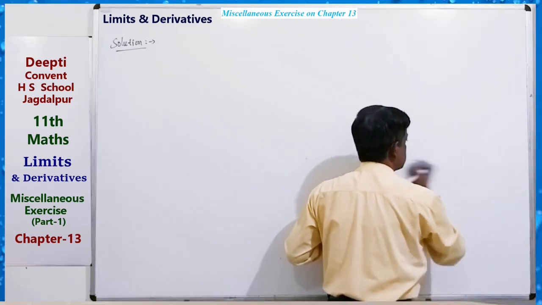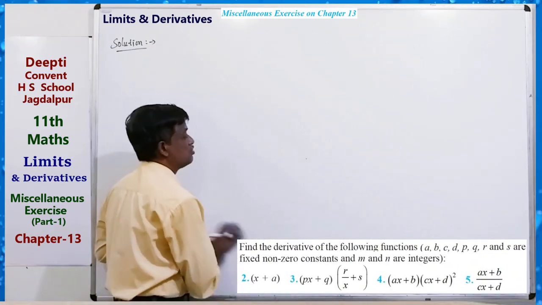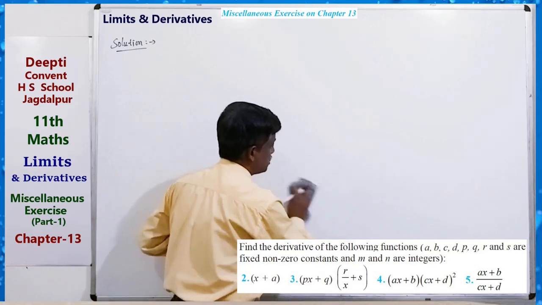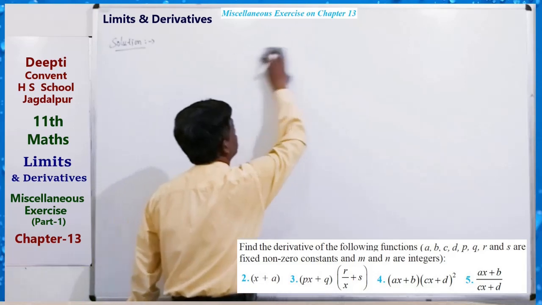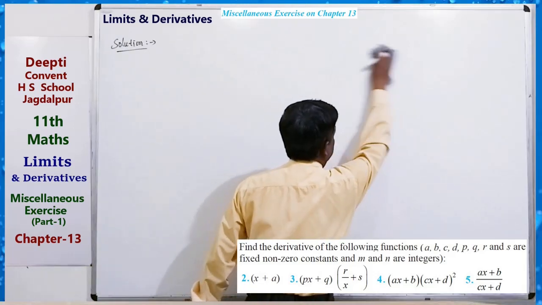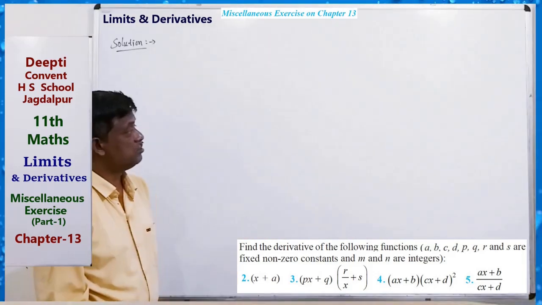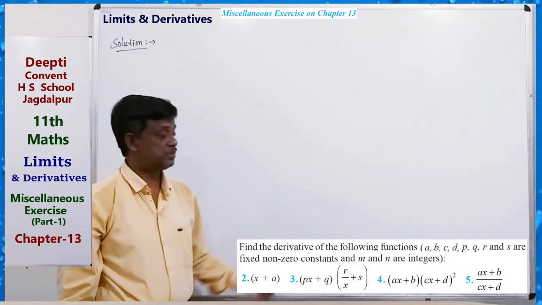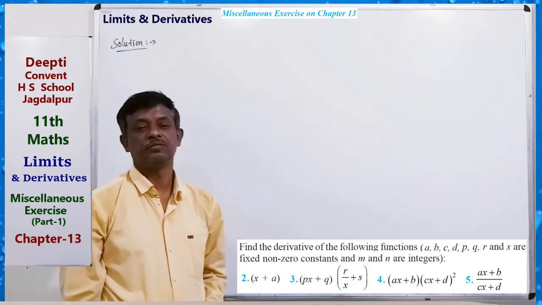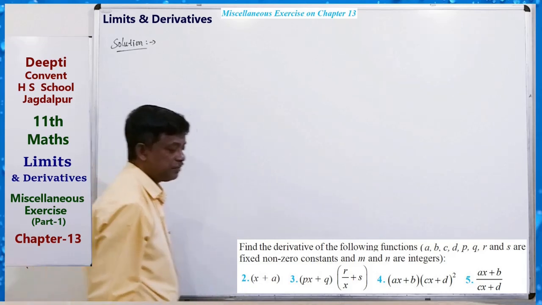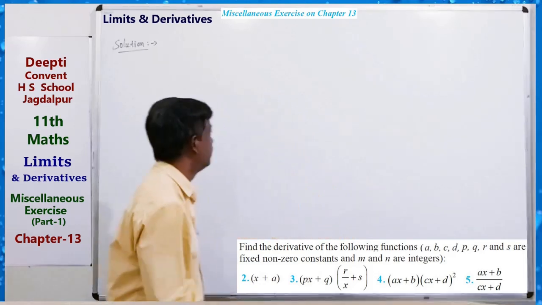Okay, so that can be used as a formula on the basis of the length of the questions. If the question is a long question, that is a 5-mark or 4-mark question, then you can use the first principle method. Or if it is a short question, then you can use the formula directly.